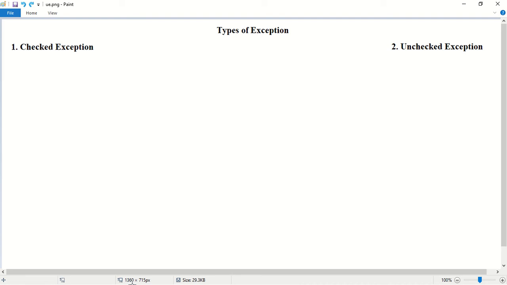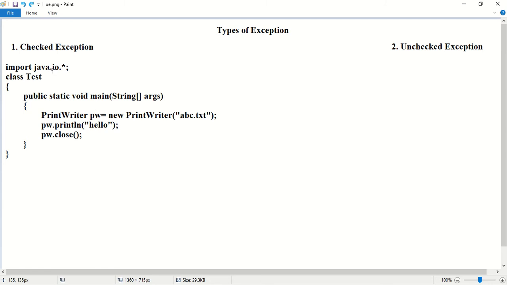So listen carefully. Now consider this example, that is class Test. Within this class I am defining the main method, public static void main(String[] args). Next, within this main method I am creating an object of the PrintWriter class. PrintWriter pw = new PrintWriter("abc.txt").